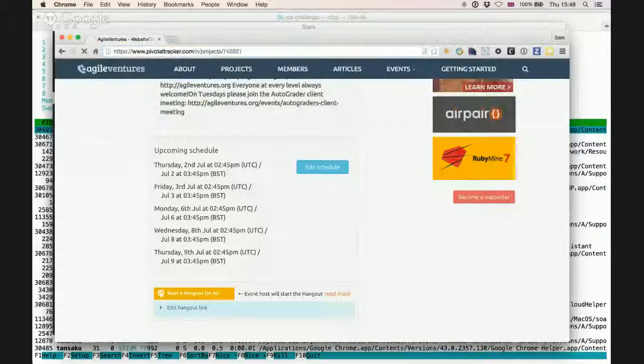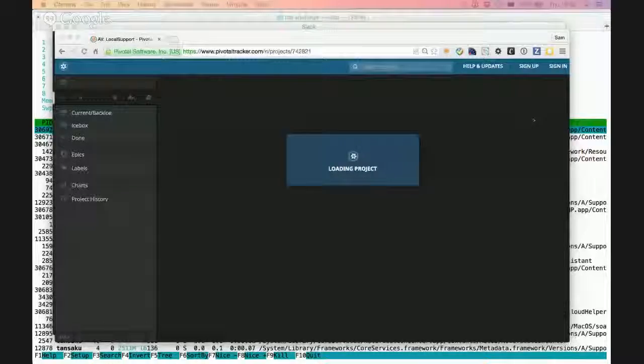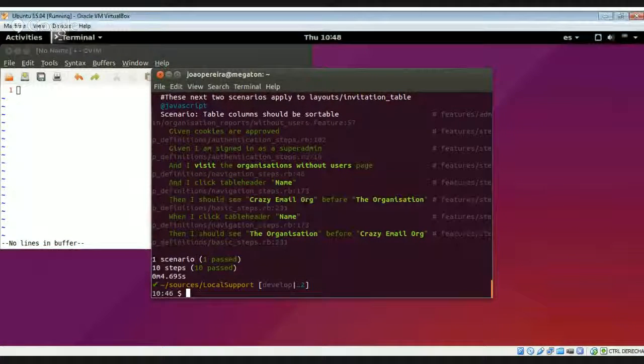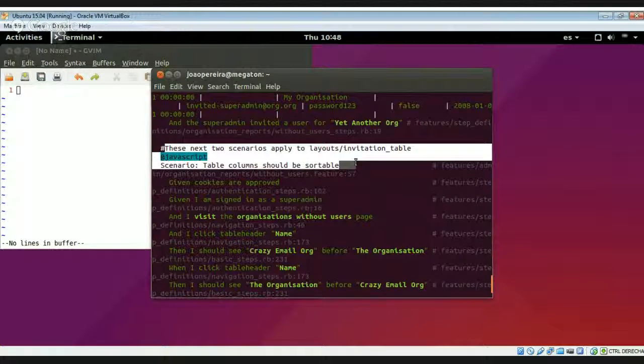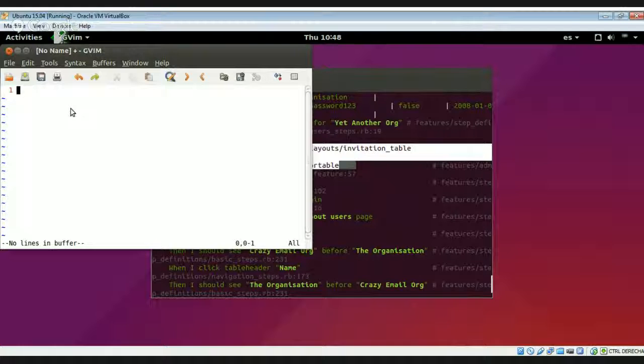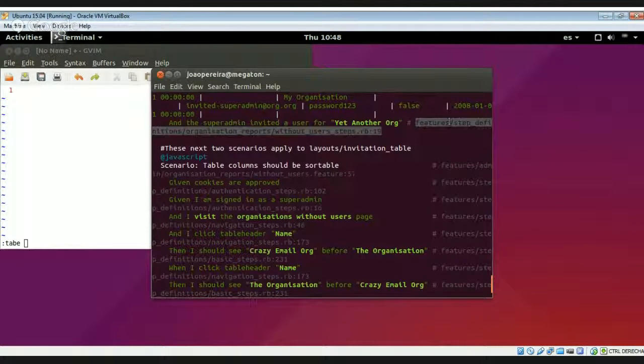So, can you see it? Let me pull that up. Yes, I can see your screen. Okay, so basically, this is the scenario. This is a scenario from without user steps, and this is the step here. When I try to sort a column by name, the issue that I saw here is that